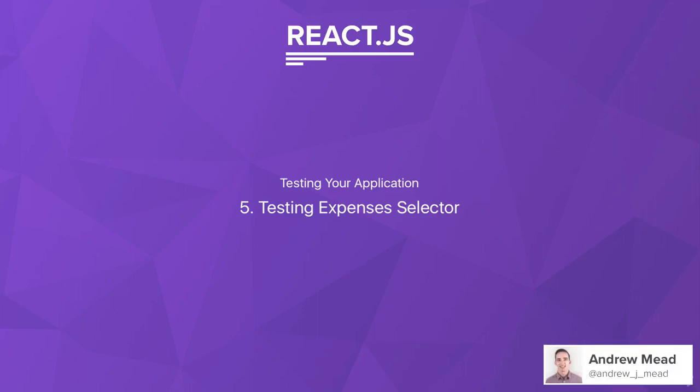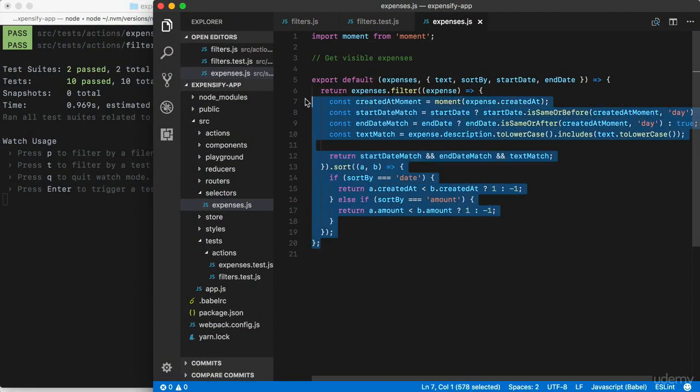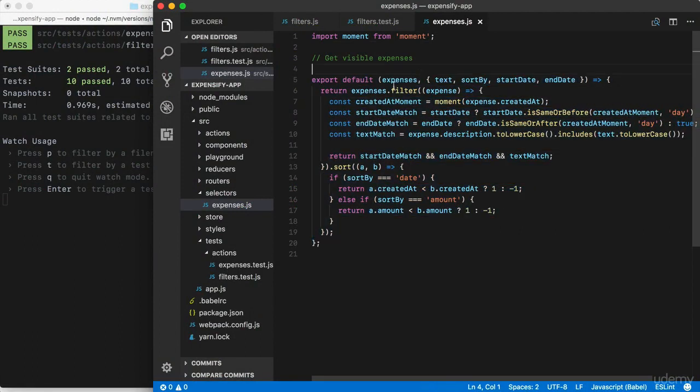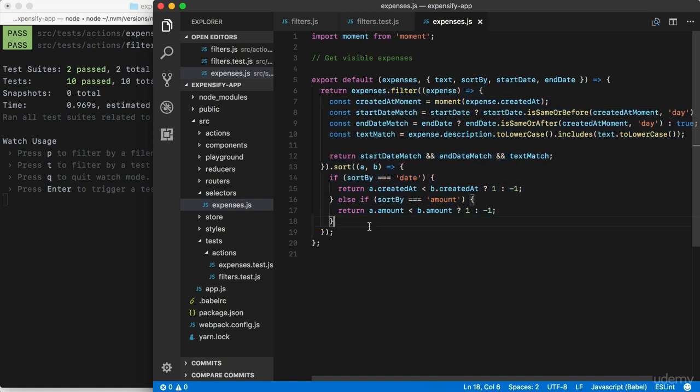In this video, you're going to be writing test cases for the most complex function we've tested so far, our expenses selector. This one requires some complex input. It does a whole lot of stuff to manipulate that input. Then we get the filtered and sorted array back. Now, in order to actually test this, we can't just have a single test case. We're actually going to be creating about half a dozen or so to make sure all of the various paths